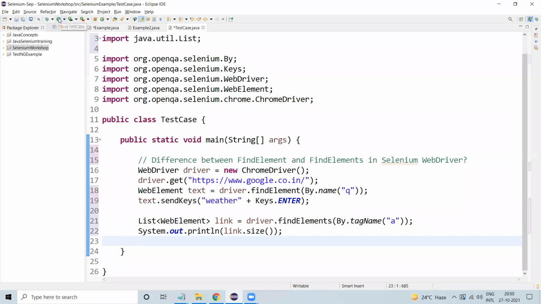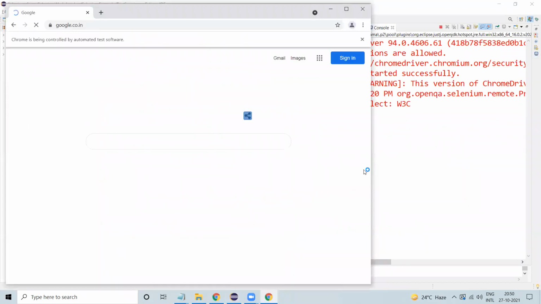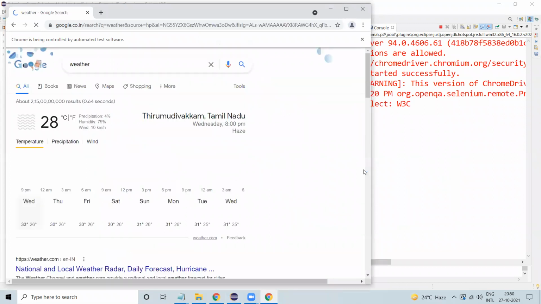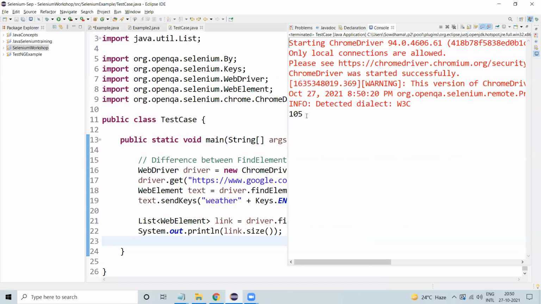If I run this, it's returning 105 links in the particular page. So this is the difference between findElement and findElements in Selenium WebDriver.